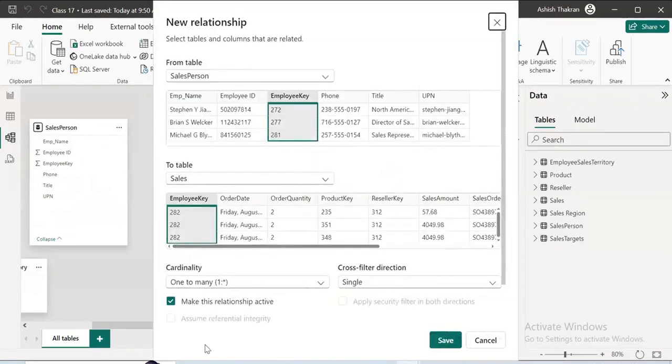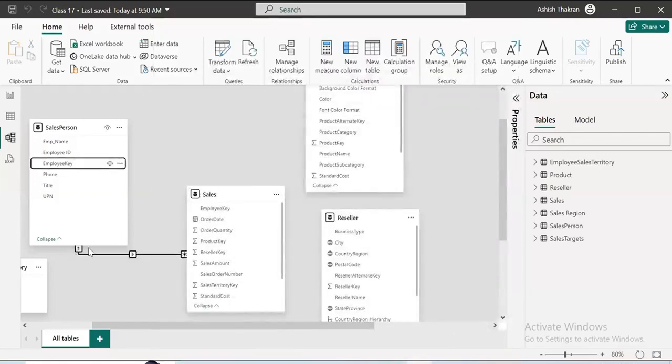Okay, so this window is opened up. It will say one to many. So salesperson is what? Dimension table, one to many, done. Cross filter direction is single and both. So when I say single, that means now my data is flowing from the dimension table to the fact table. Save. See, what is the relationship? One to many. Or what you can do is you can even say manage relationships, and you can define